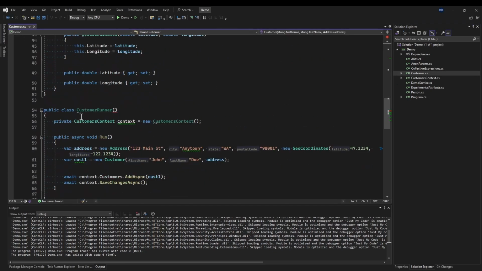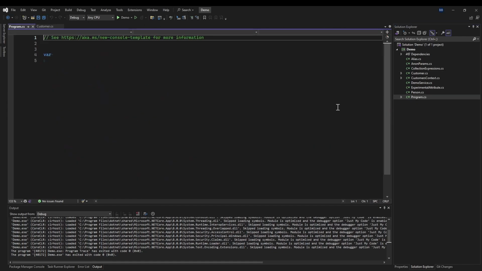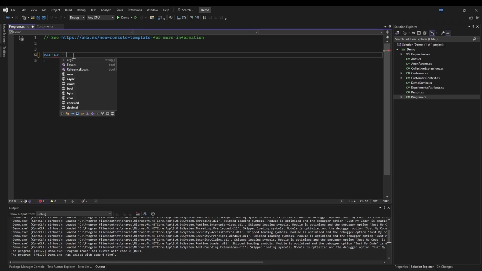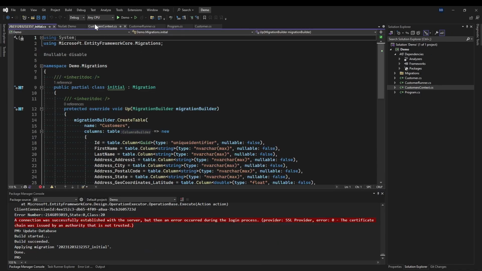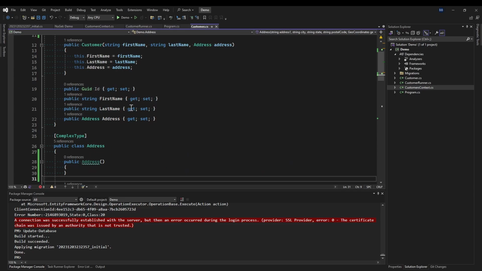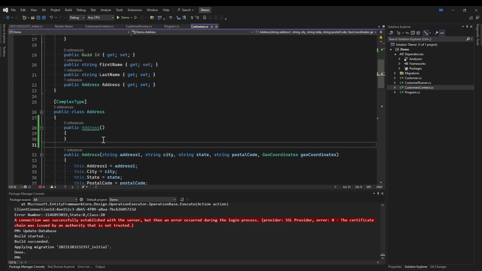And I call this customer runner. Not repository. Customer run. No, not repository. Okay, sometimes it's a little too helpful. Okay, and cr.run. So I've gone through and I've got my customer with my inline address, and then the address